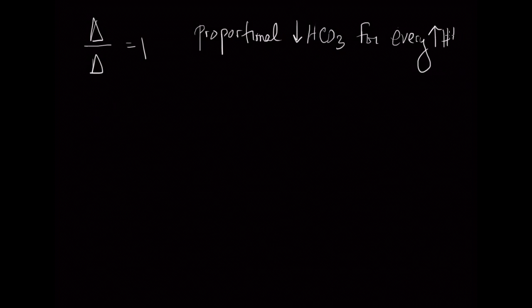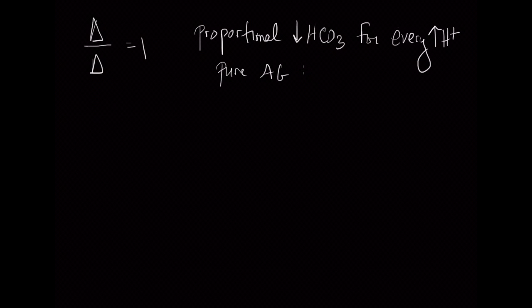Remember, we're measuring bicarb directly. That's here in the denominator. We can't measure protons directly because that's cumbersome, so we're using the fact that every proton liberates a proportional amount of anion. That anion increases the anion gap in a manner equivalent to the drop in bicarbonate, so the ratio is 1. This is a pure